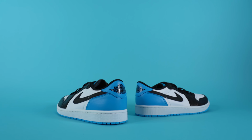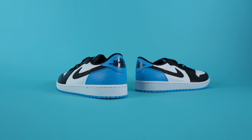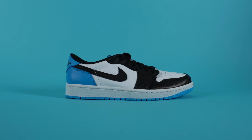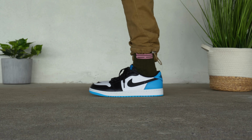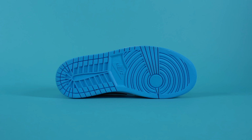So if you're looking to grab a pair of the Air Jordan 1 low powder blues, they have already released overseas and in the UK. However, they are releasing this month on September 28th in the United States for a retail price of $130. Which, man, I gotta be honest, feels steep for these. That's a lot for a Jordan 1 low. In fact, all of the other Jordan 1 lows that have released earlier this year were cheaper. But unfortunately, that is the retail price of these powder blue lows and probably the retail price of Jordan 1